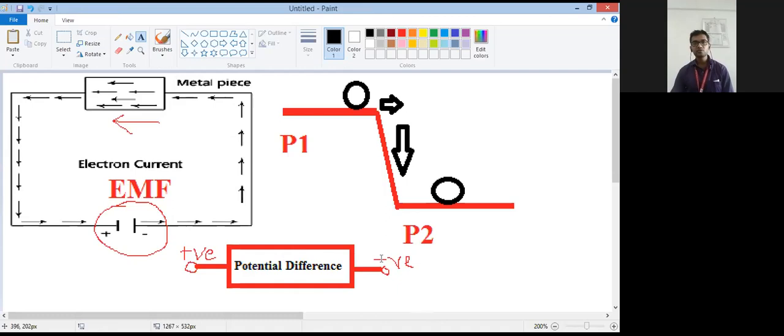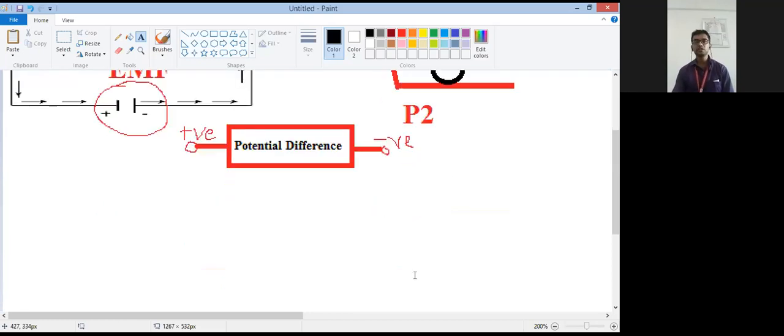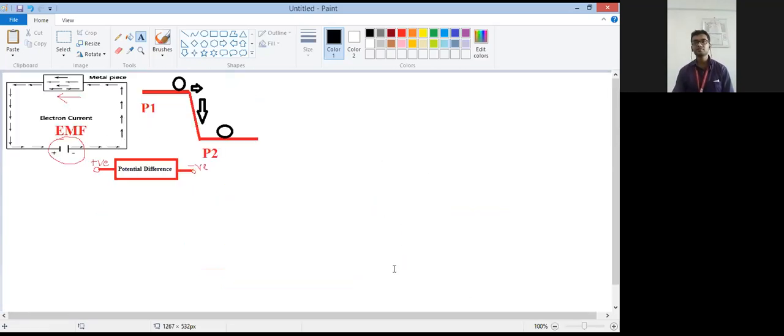Means these two points are there. So the difference between electric potential. Okay. So the negative terminal is negatively charged, the positive terminal is positively charged. So these two points are there. These two points are at different potential. So whatever is the difference between those two potentials, that is the potential difference. But this is in case of an electrical circuit, and the potential energy and kinetic energy are in terms of physics only. Okay, so this is the main difference. So this is a potential difference.